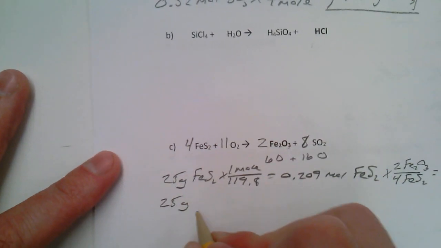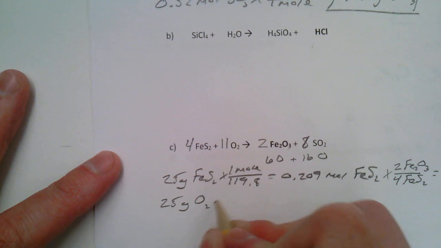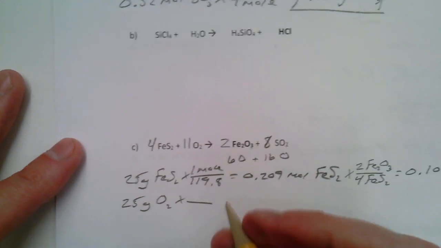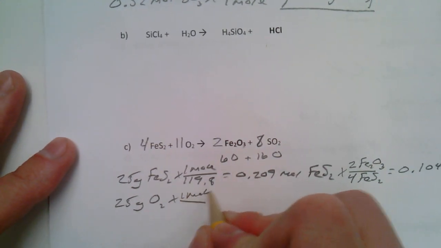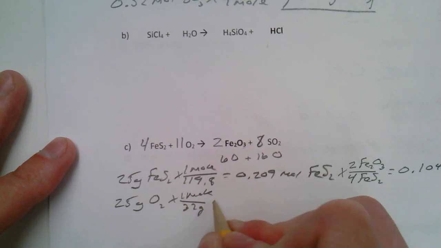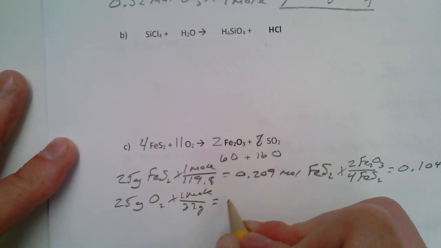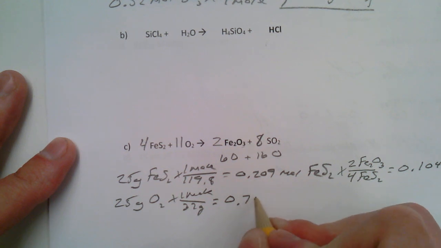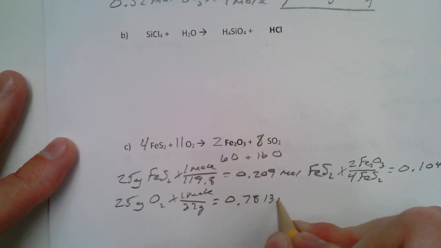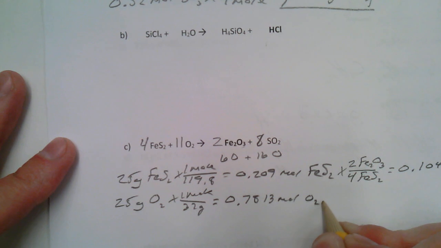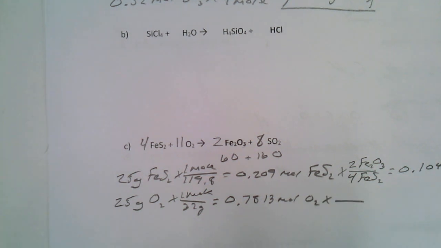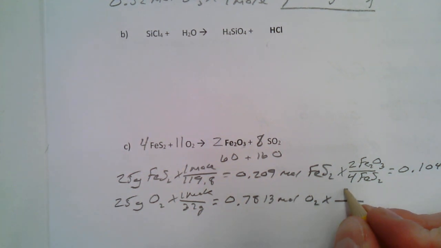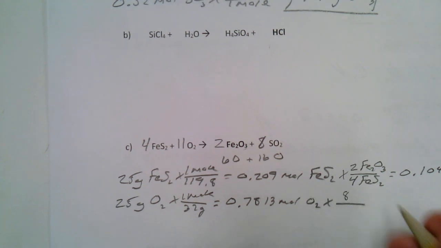Now do the exact same thing with oxygen. 25 grams of oxygen times 1 mole of oxygen. On the periodic table, that is 32 grams. So that gives us 0.7813 moles of oxygen. Now we're going to do the same thing again, where we're going to multiply it by